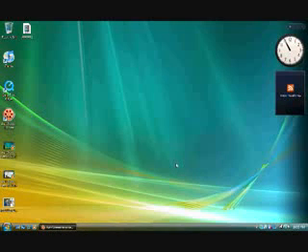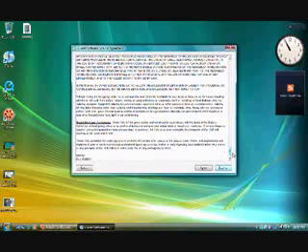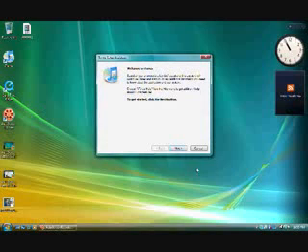And just give it a moment and it should bring up the terms and conditions for iTunes 8. You can read them, or in the bottom left corner there is a save button, so you can save these terms and conditions to your computer to read them later. Go ahead and click accept and it should bring up the welcome to iTunes window there. Go ahead and click next,